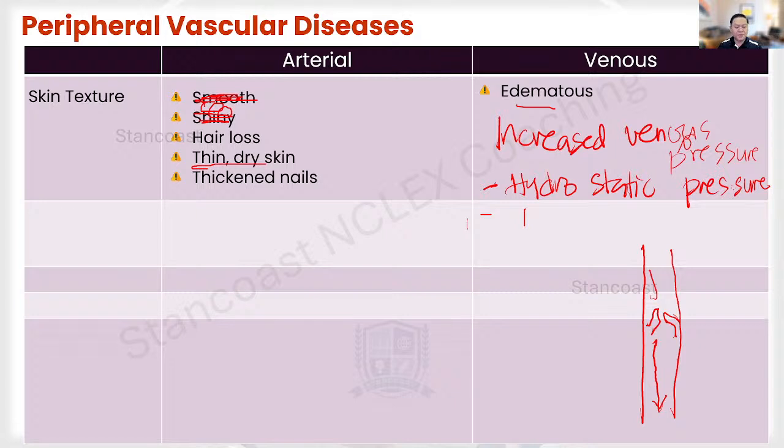Now, talking about the skin color now, guys, there is quite a significant difference between the venous and arterial types of peripheral vascular disorders, because when you have a patient with a PAD,